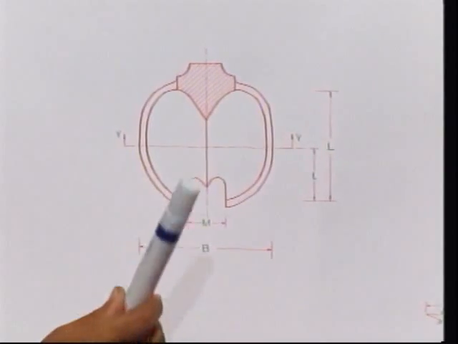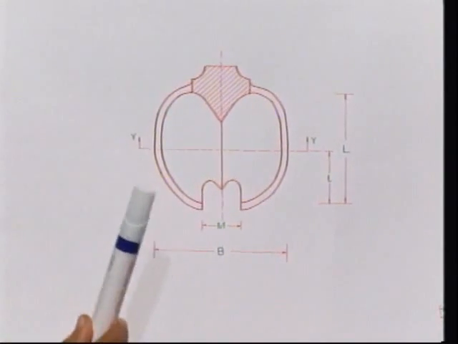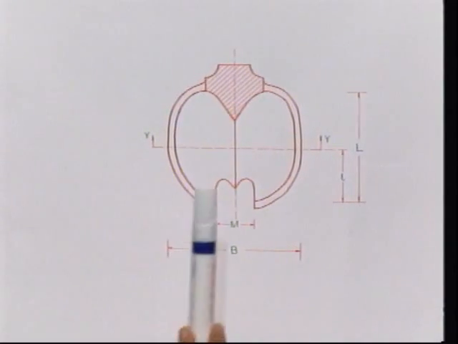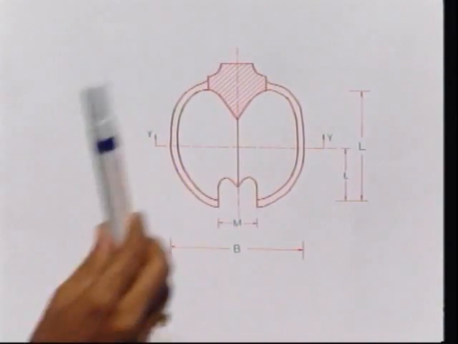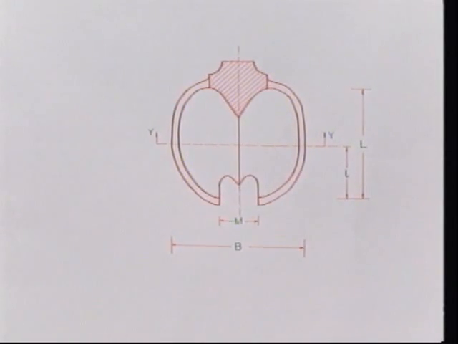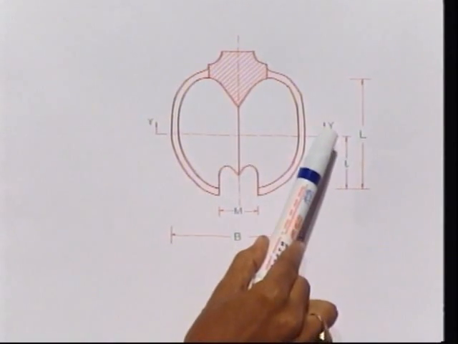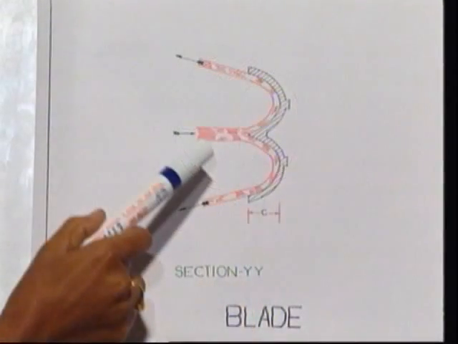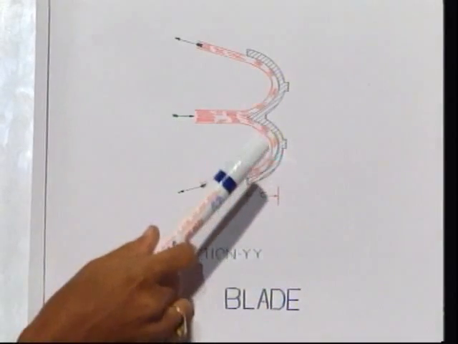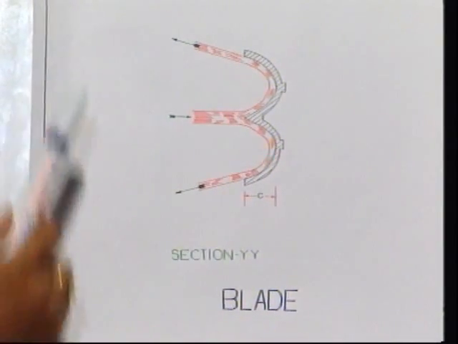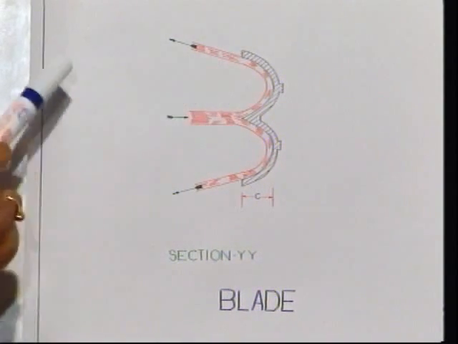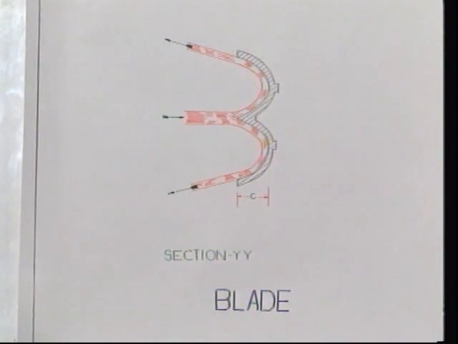This splitter divides the jet into two equal portions, and then the water flows round the smooth inner surface of the bucket and leaves at its outer edge. The buckets are so shaped that the sectional view of this is shown here. The buckets are so shaped that they deflect the jet through an angle of 165 degrees. As you have already learned, if the water jet deflects 180 degrees, we can have maximum impact of force,